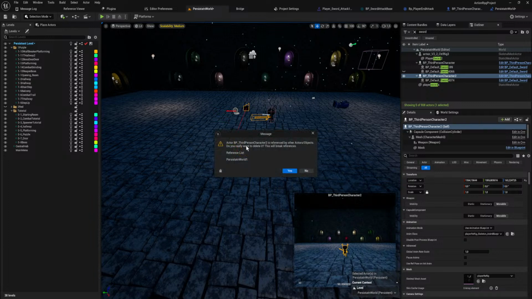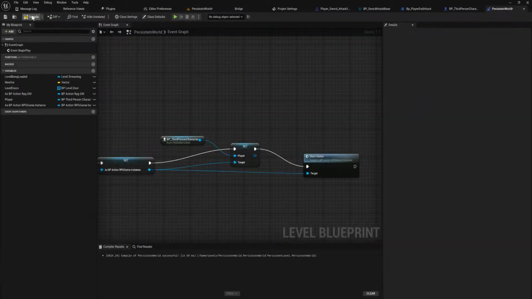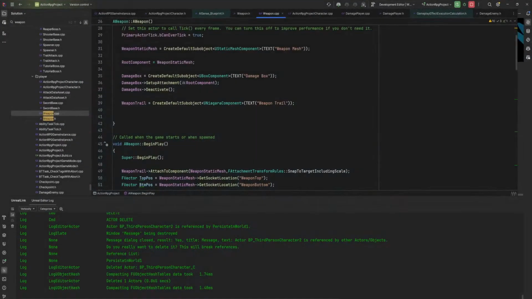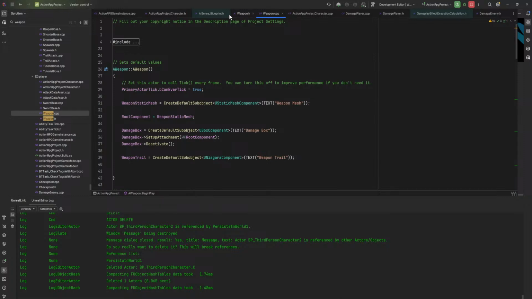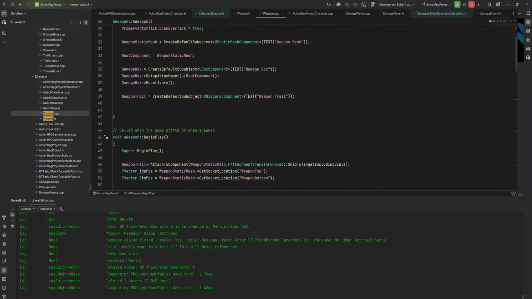The fact that he has two swords is weird and needs to be figured out at some point. Let's be 100% clear about that. But for now, also for testing related purposes and stuff, I guess what we can do is we can go into this weapon and check